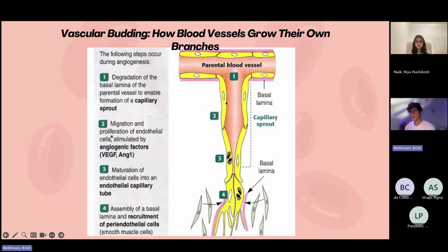So the growth factors, like vascular endothelial growth factor and angiopoietin 1, are going to form the capillary sprout. Once that's formed, the endothelium is going to mature and form an endothelial capillary tube, a whole new tube, which then recruits pericytes and smooth muscle cells, which allows stability of the new vessel and contraction of the